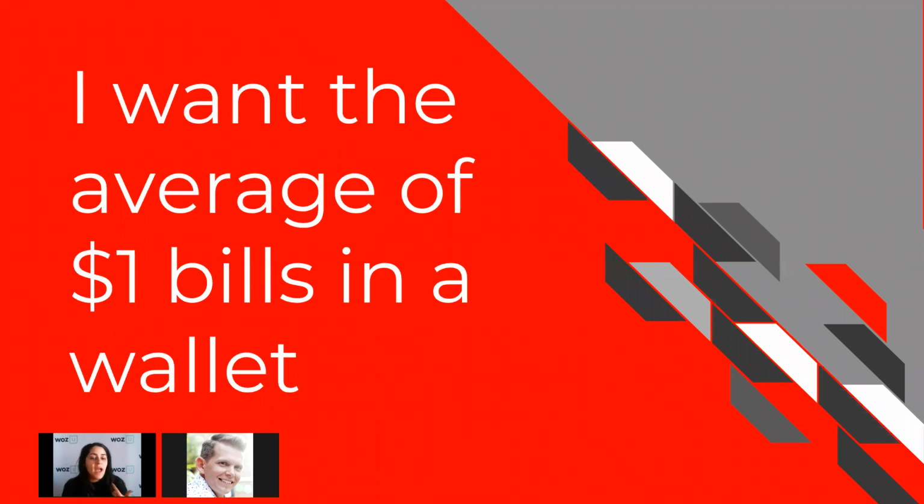So if I want the average of $1 bills in a wallet, let's imagine a wallet with a lot of cash, and some of those bills are $1 bills, and I want the average of $1 bills in the wallet. If we break it down into those 3 questions, what do I know? So from this information we have here, what do we know? That we have a wallet, that we have at least $1 bill in there, but we have more bills than that. Okay. Yeah. So we know that we're looking for $1 bills. So we know that we have to look for the $1 bill.